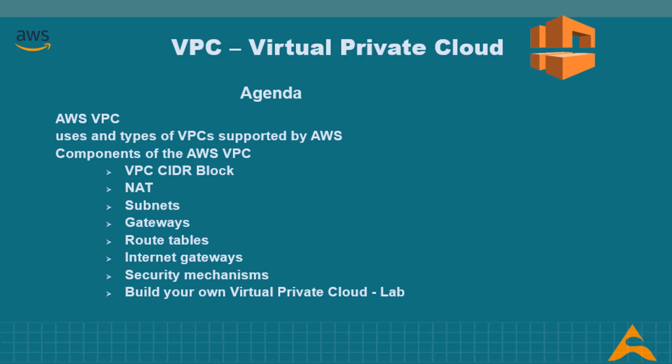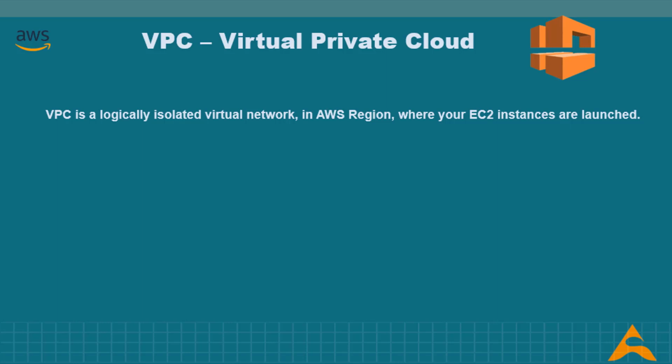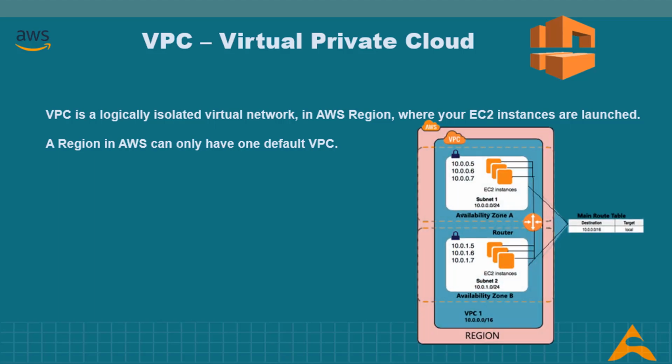So let's begin with VPC, which is a logically isolated virtual network in an AWS region where your instances are launched. Since by now we have a clear understanding of AWS regions and availability zones: a region in AWS can have only one default VPC which AWS creates for you, although you can have up to 5 VPCs in a region. Every AWS account created after December 2013 supports VPC, and these accounts are assigned a default VPC in every AWS region. These default VPCs are designed to make it easy for AWS users to set up networking